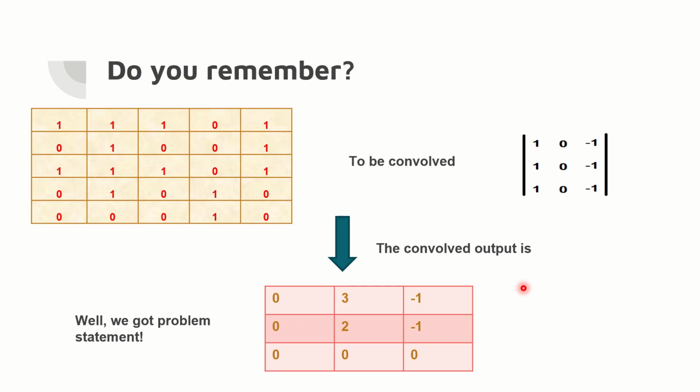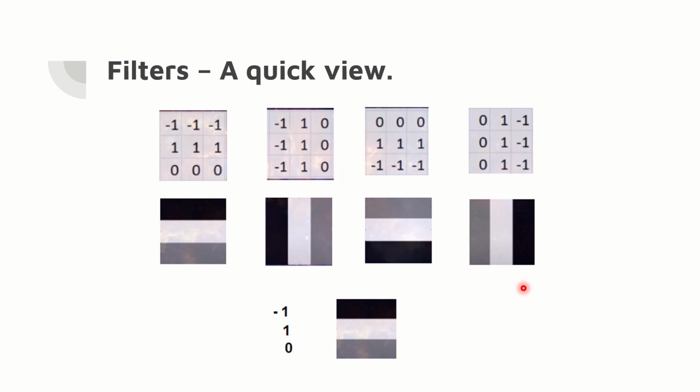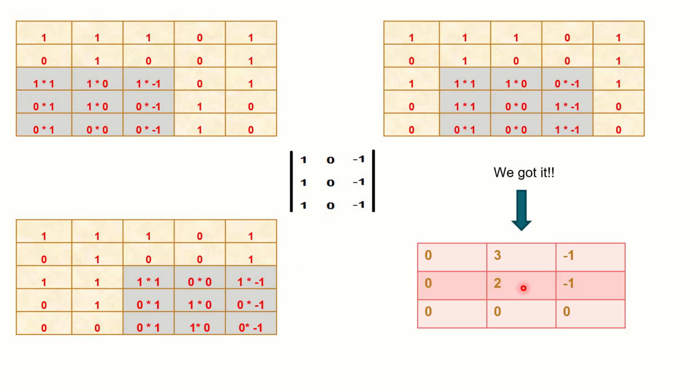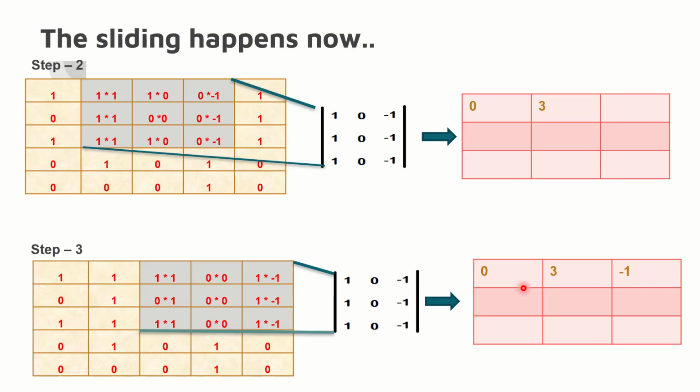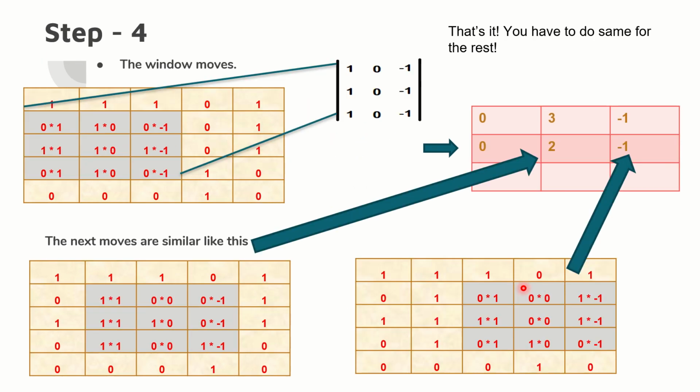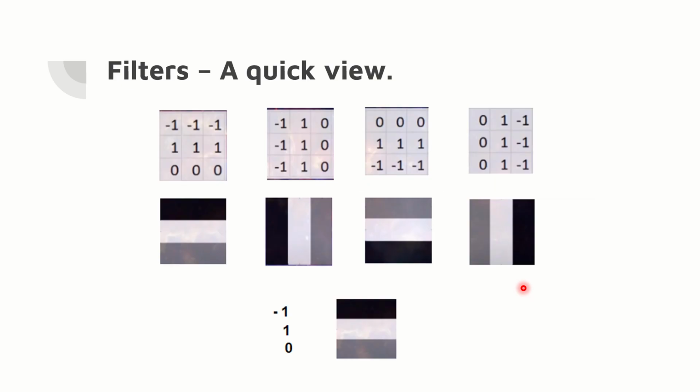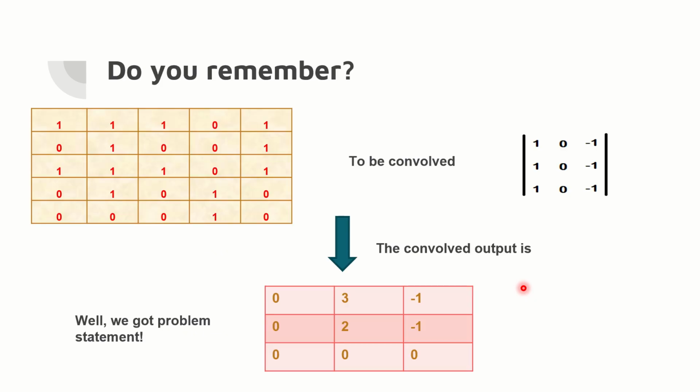Now, let's trace back whatever we learned in the previous session. I took an input image of 5 cross 5 which was convolved with a filter. The filter that I took in hand was 1 0 minus 1, 1 0 minus 1, 1 0 minus 1. And finally, after the convolution operation, we got a final output which was 3 cross 3. I'll go through that again so that you can have a clear picture of how we derived it. This is the way we convolved the filter with the input value step by step, and at the end of the day we arrived at a final 3 by 3 matrix, which is what we are referring to right now.